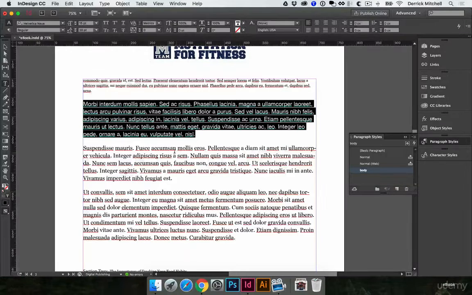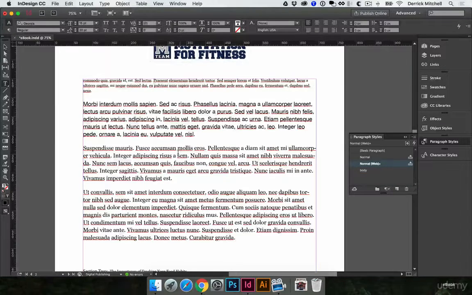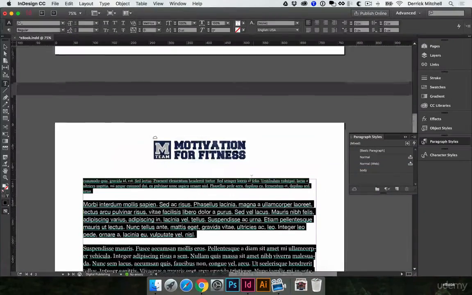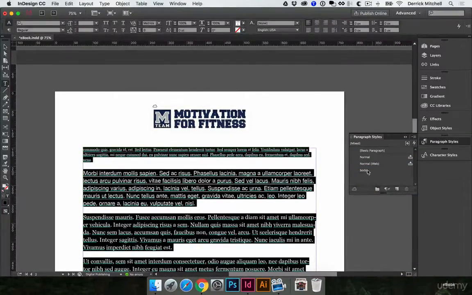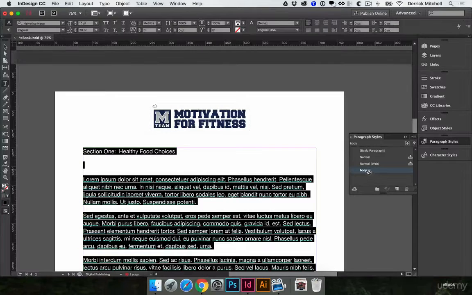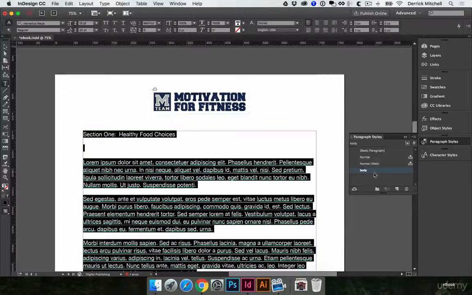and we can see that this chunk of text has the body style set to it. So what I'm going to do is click once in this and hit Command A to highlight everything across every page that we brought in. And I'm going to click on this body style now to apply that to everything. Now you see we get this little plus sign. What that means is we've got our body style plus a few other. So what we want to do is go ahead and override that setting right now. I'll do that by Alt clicking on this icon right here to clear those overrides. And now you see that plus sign goes away,